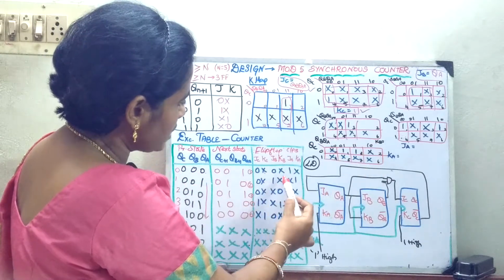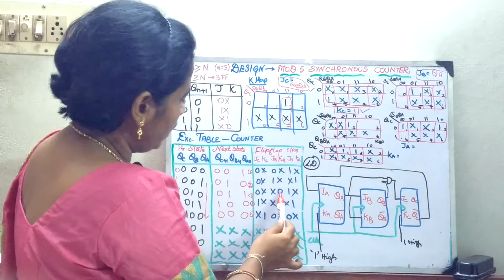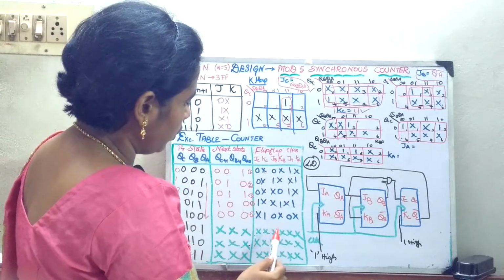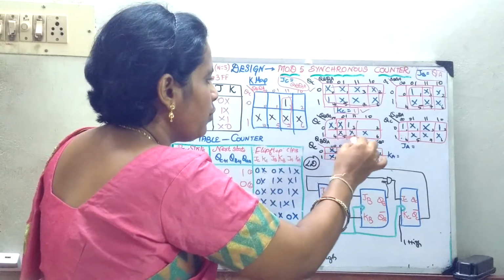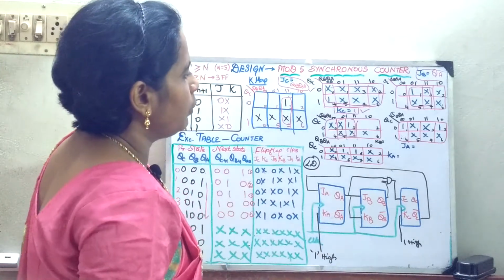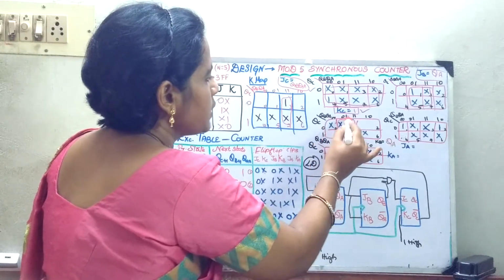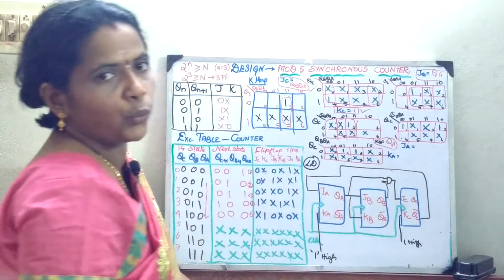Now you come to the KB. So for KB, what is the value? 0, 1 is don't care. 2 is not there. 3 is 1. Then 4 is 0. Then 5, 6, 7 is don't care. In that case, I can go in for a 4-cell grouping. So what will be my answer? This also will be QA. Here it is not matching. Here the second variable is matching. So your KB is QA.